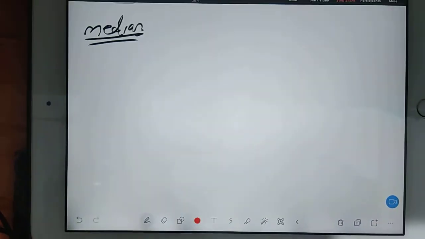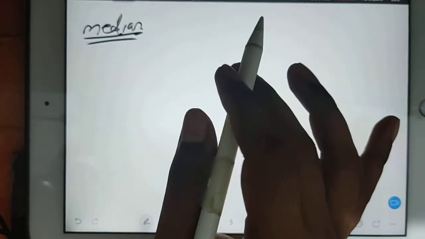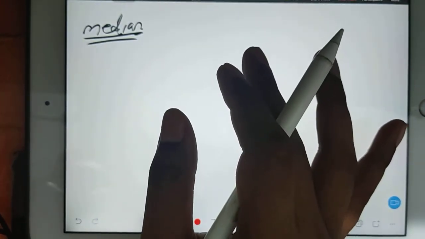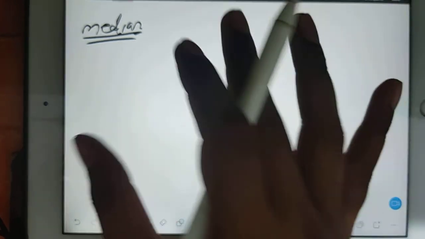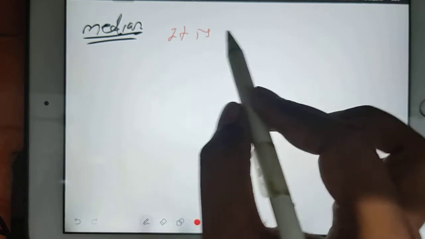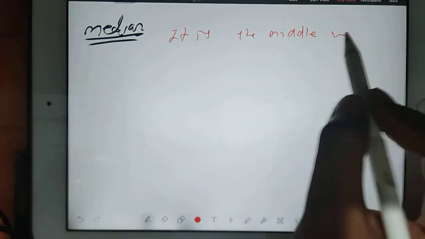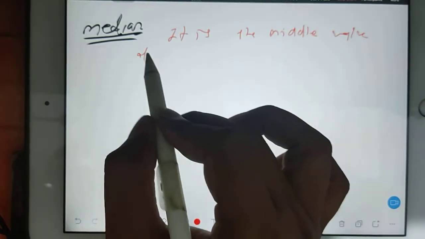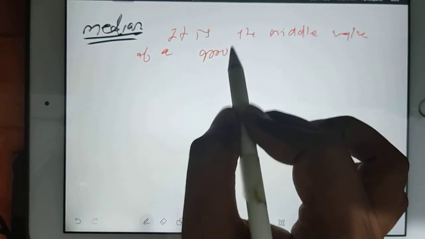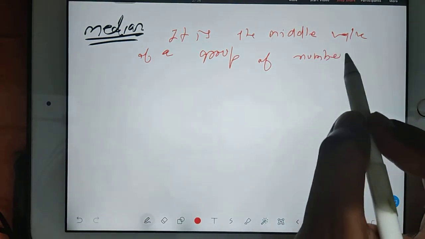We'll go for median. So how will you calculate the median? Actually, what is the physical meaning behind the median? Take down. It is the middle value of a group of numbers